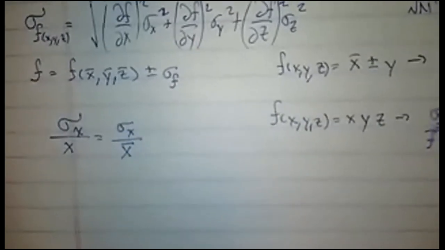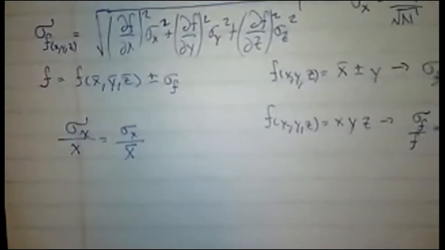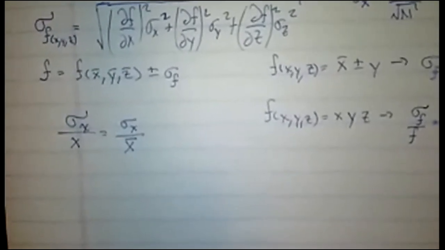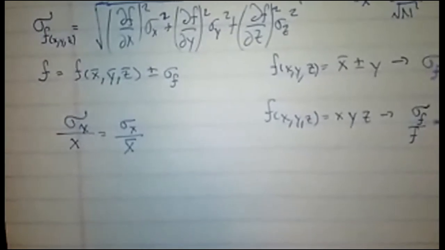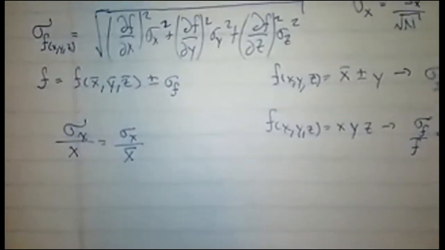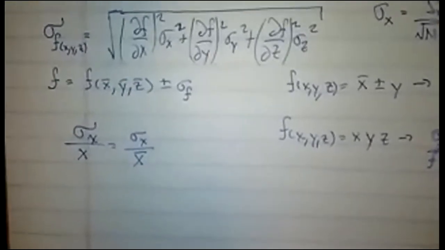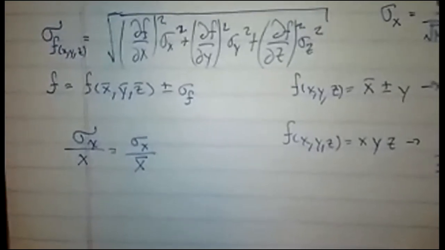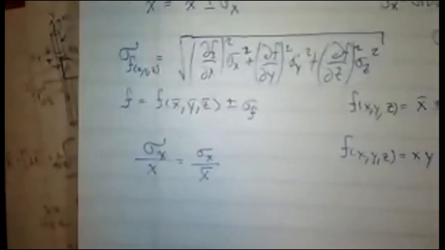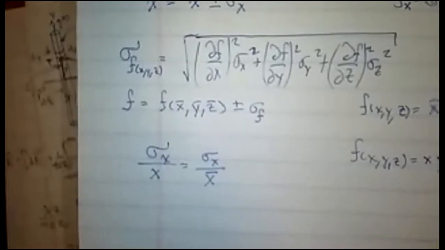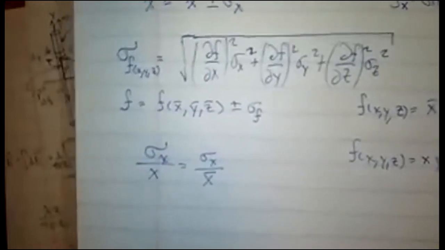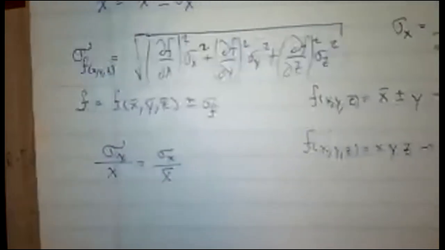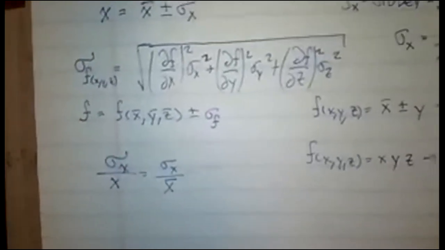and then you add to those two terms the derivative of F with respect to Z, acting as if X and Y are constants. You square it, multiply it by the square of the uncertainty in Z, take the square root of all that, and that's what goes after the plus or minus of your function. How you actually calculate your function is you just use your function, like if your function is X times Y times Z, then you're just going to do X bar times Y bar times Z bar. That's your best estimate of F, and then plus or minus that sigma F gotten by that formula.